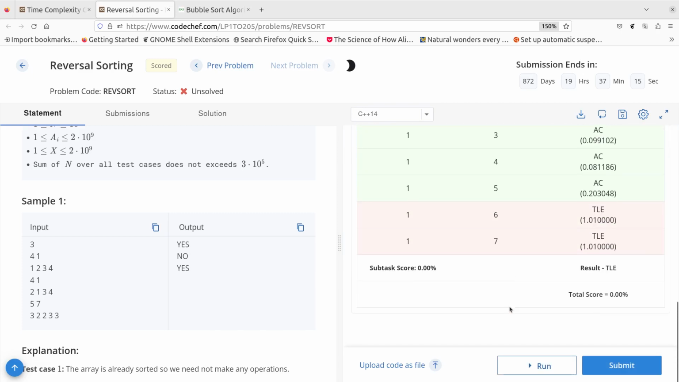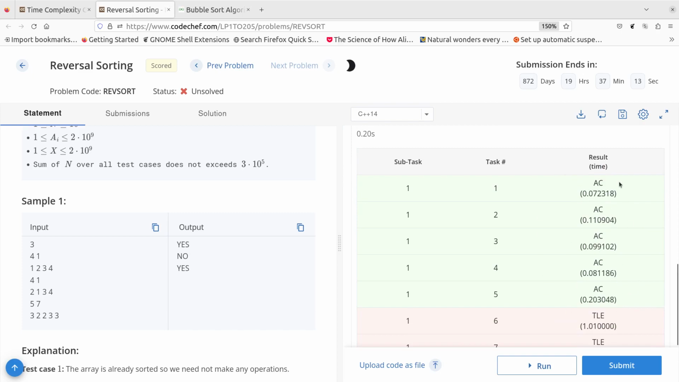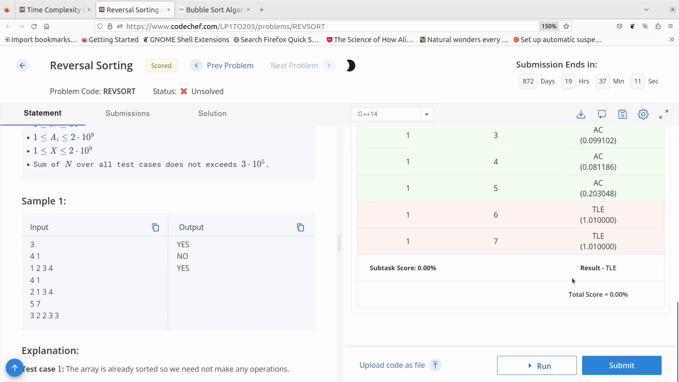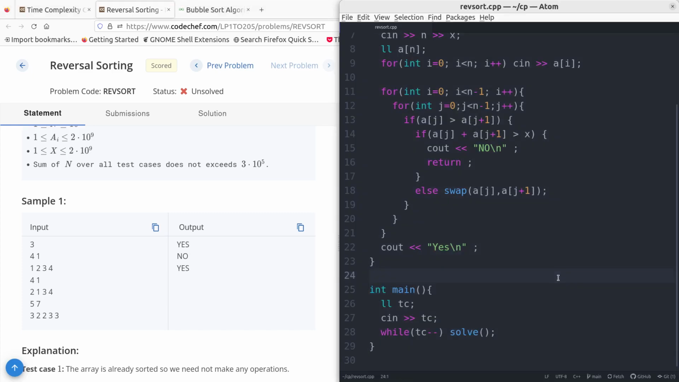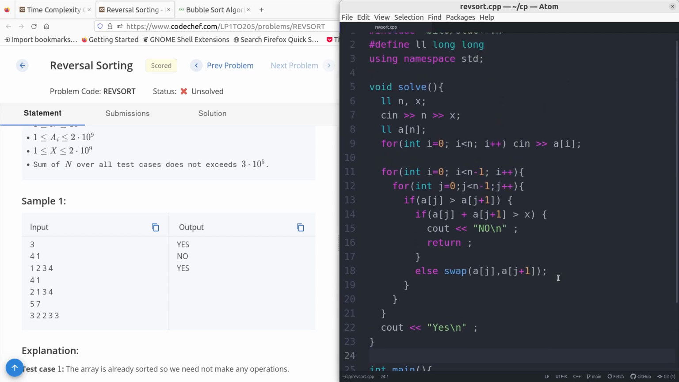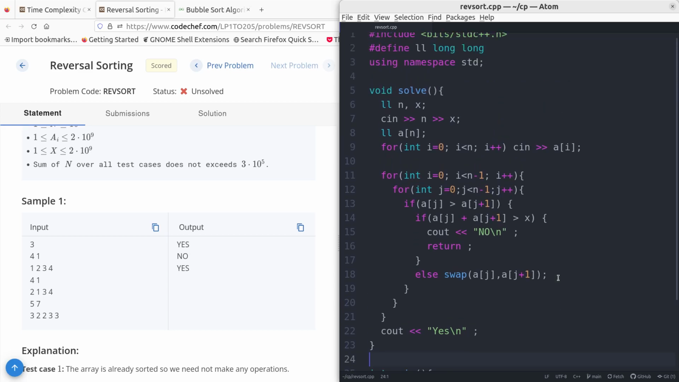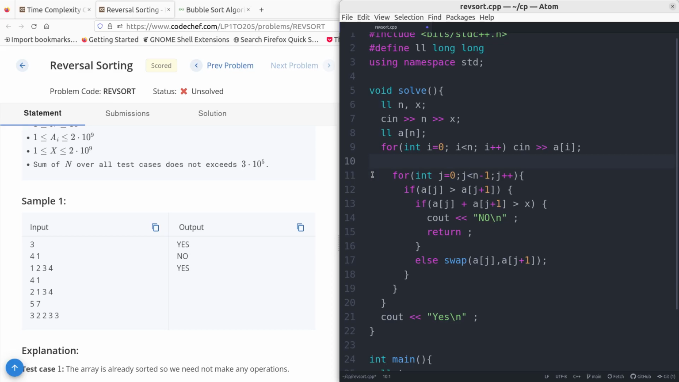Yeah, we got TLE as expected. For these test cases, it's correct. But for this, we are getting TLE. So we cannot have 2 for loops. If we remove this for loop, the problem is we won't reach to the,